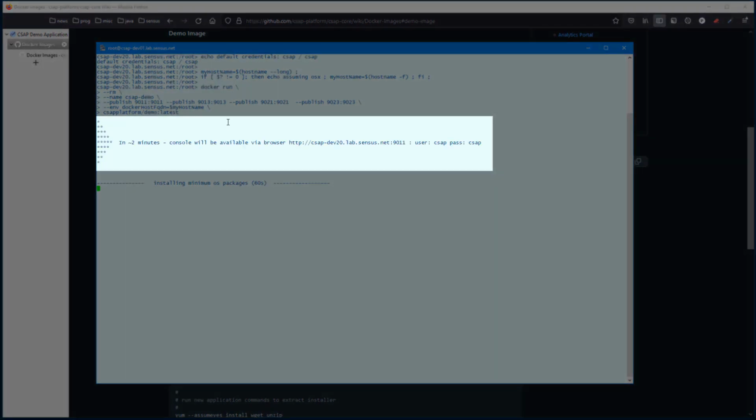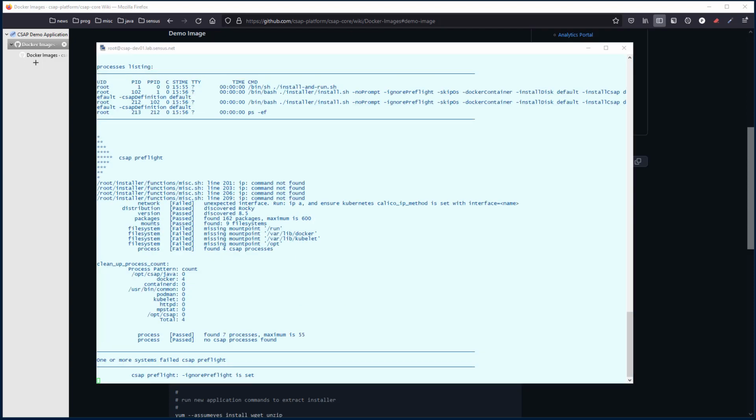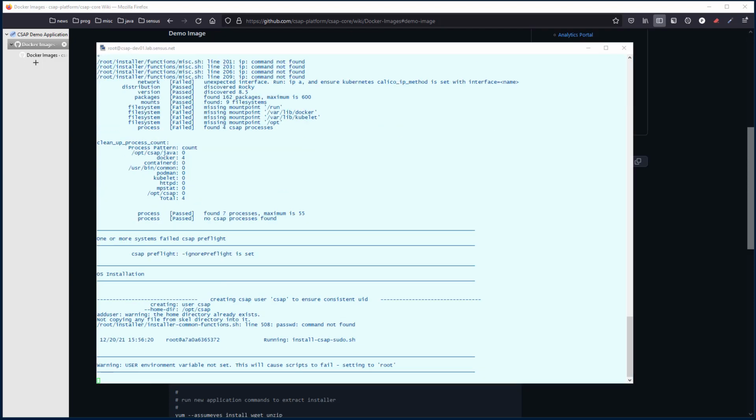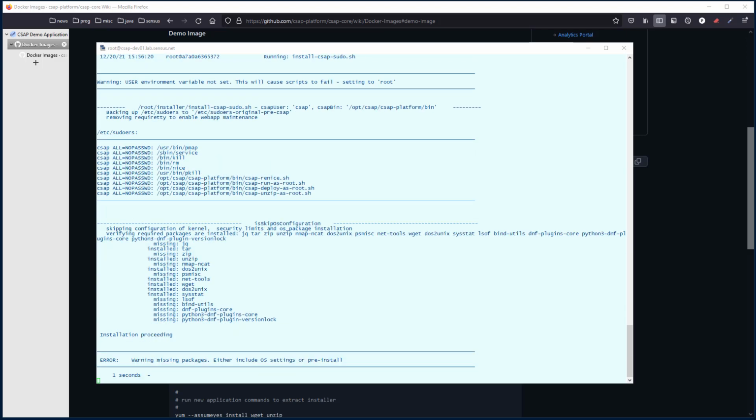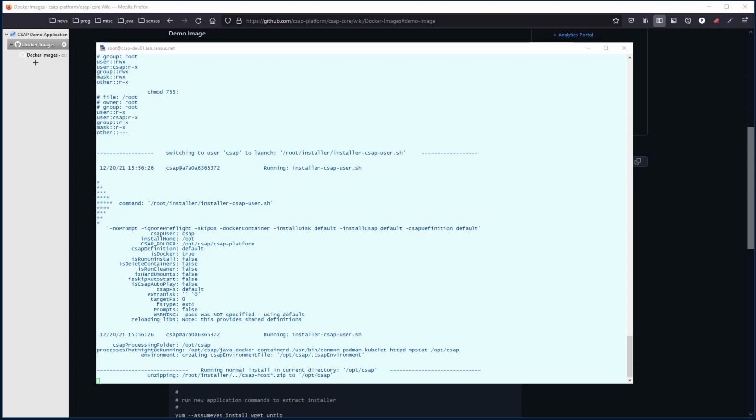The CSAP Docker image is pretty compressed, and so rather than let it take too long to download, we actually run the installation as part of the startup of the image itself. While this can be a little bit time consuming, it should be completed within a minute or two. This is also useful because it will show the steps that are involved during the setup. So keeping an eye on the console output will give you an outline of what's actually happening to the